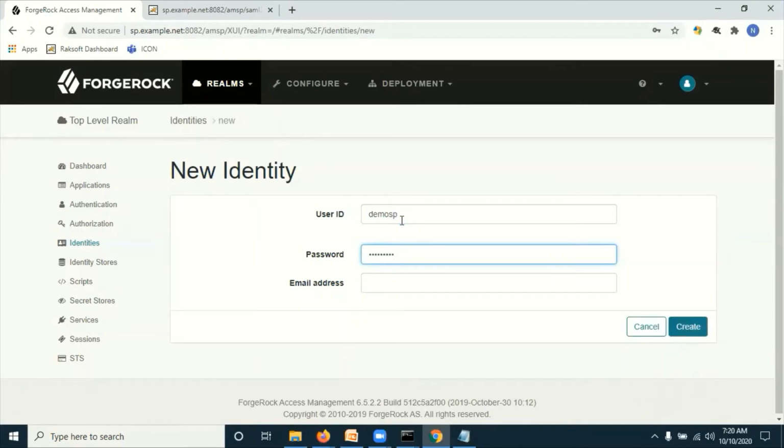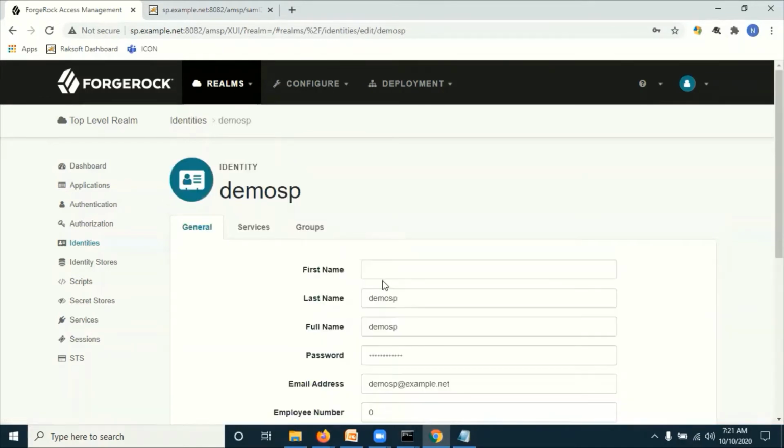The email is demo sp@example.net. Click on create. Now demo sp f name, just for understandable purpose.